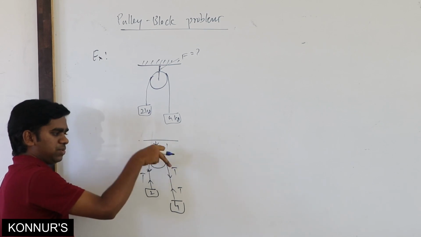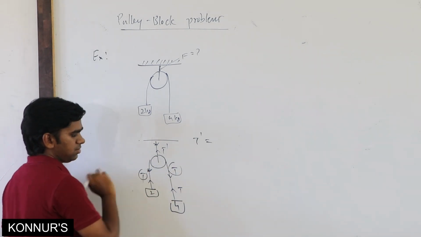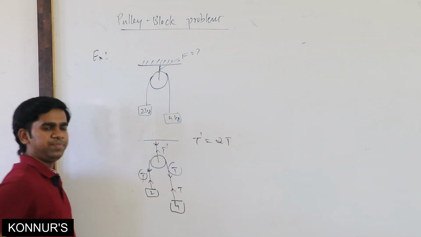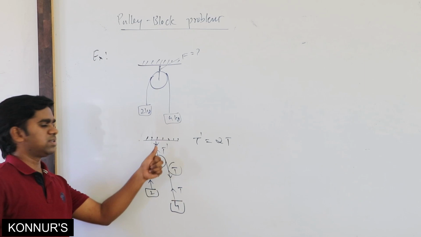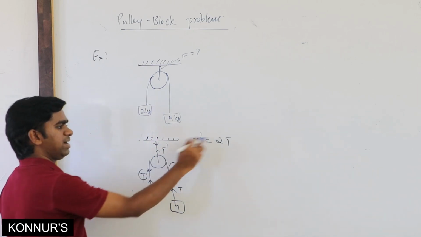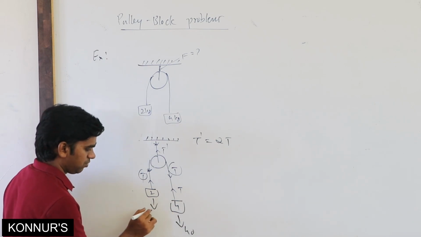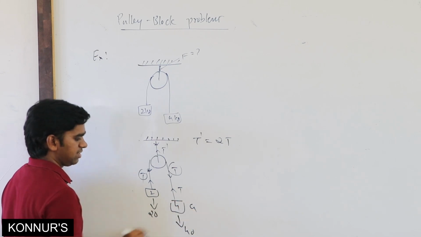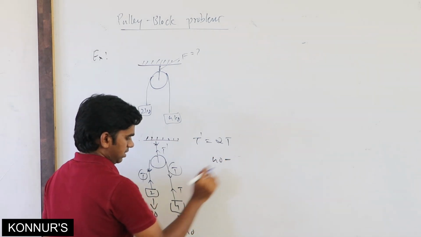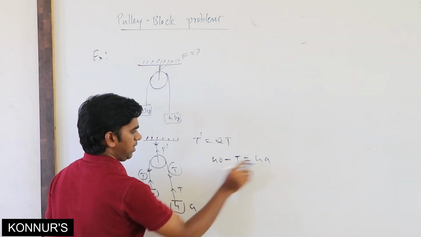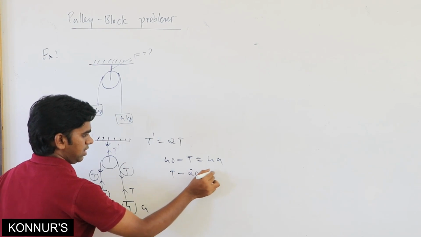This T dash equals the net downward force. What is the net downward force? This T and this T. So it equals 2T. This is the force exerted on the roof or support. So this we have to find. For that we have to find the tension. To find the tension, write the equation for this. What is the downward force? 40. Here the downward force is 20. You can take acceleration a and acceleration a here. So what can you write? 40 minus T equals 4a. For this one, upward is T minus downward 20 equals 2a.